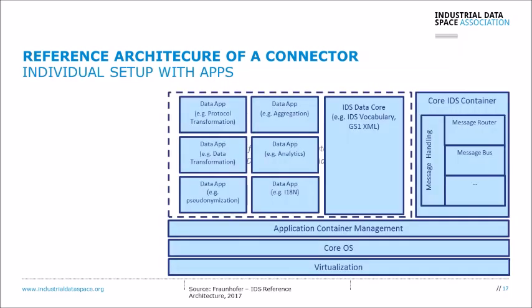This is an example for an IDS connector with plugged-in apps. Here, for example, it would be a vocabulary, for example, GS1 XML. So everyone that's connecting to this connector knows that this is a certain data vocabulary, and I can understand it or I cannot understand this vocabulary. There is, like I said, a protocol transformation app inserted, or a data transformation app. Maybe the internal data format is not GS1 XML but something else, and so this app will transform the data